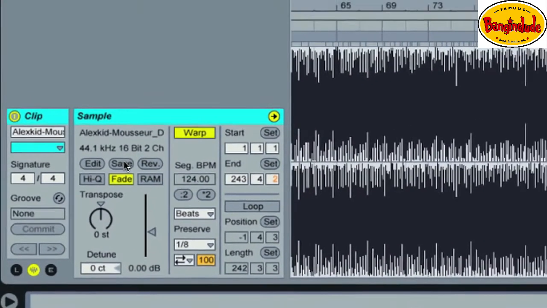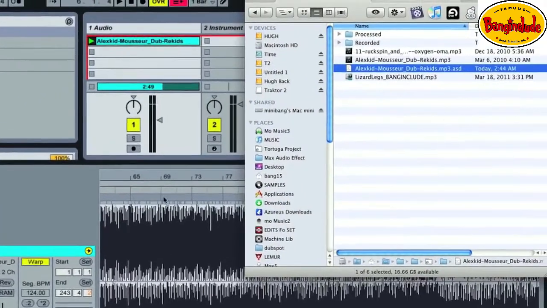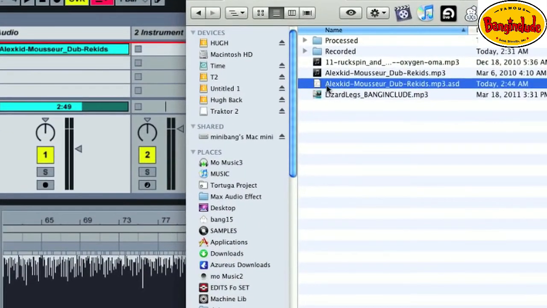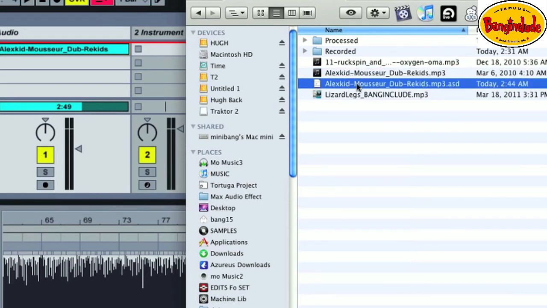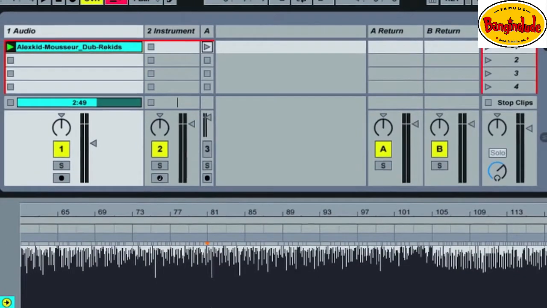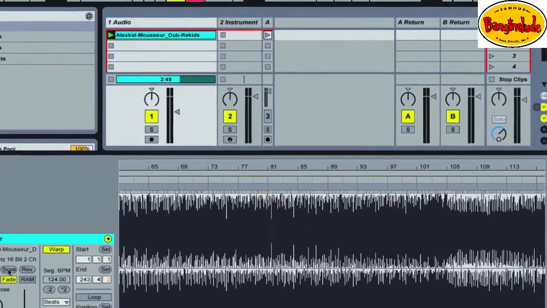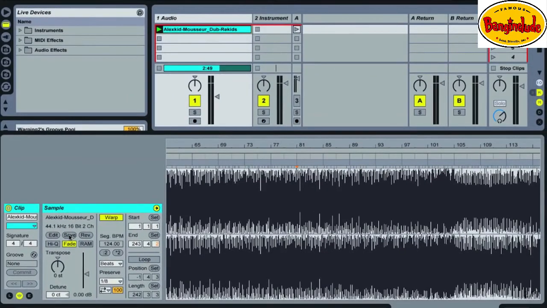Okay, very important. What the save button does is it stores all the warp settings we just made into an analysis file, which you can see right here. And it puts that analysis file in the same directory as your MP3, your WAV file. Okay, don't delete these things. If you move your MP3 or WAV file, move the analysis file with it. If you don't, you're going to have to rewarp the track again. So that was case 1, warping a song that has drums with a kick drum from the beginning of the